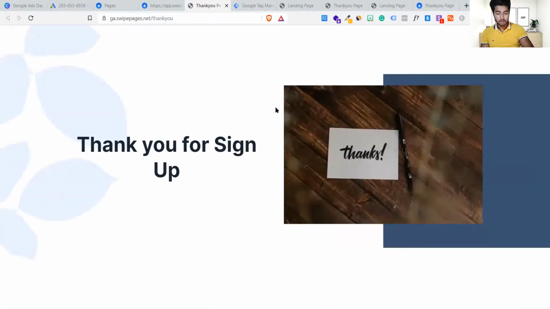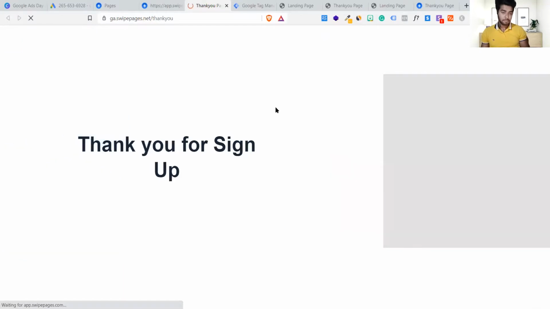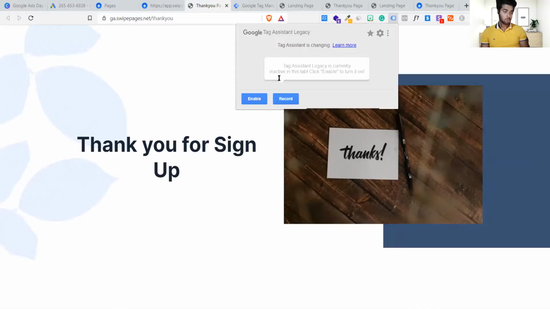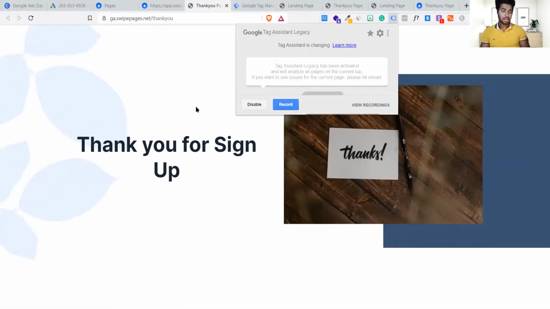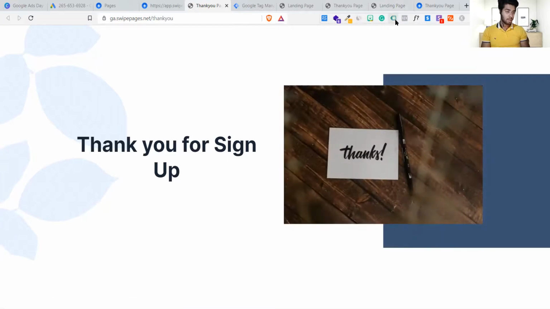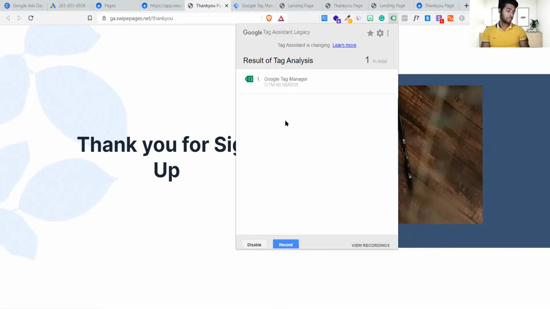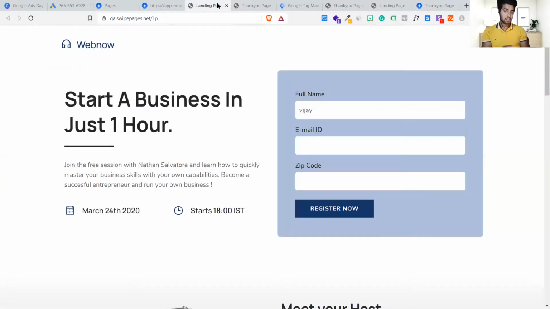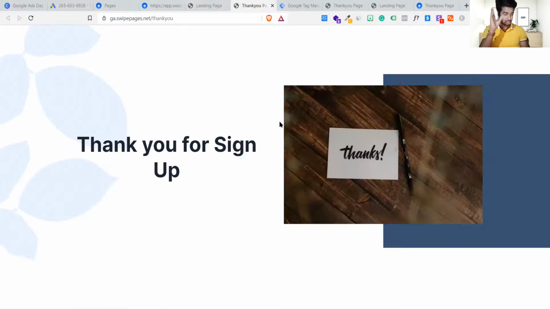We can click on the page. Okay, and we can do a hard refresh, Control F5. And we're going to click on this tool in order to check whether the code has been added correctly or not. Control R. And here we go. It's green. So it means this also has the code now. So you have seen that we have successfully added codes inside our first landing page, which was this, and the second thank you page, which was this.